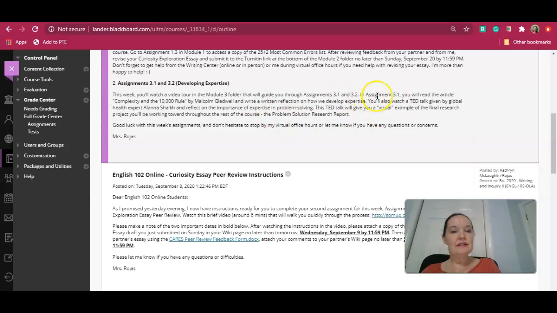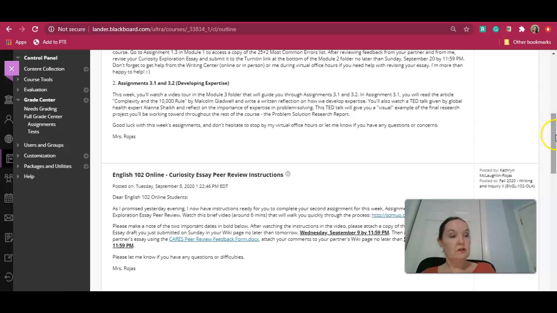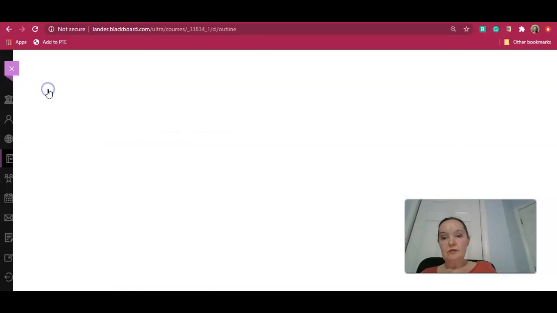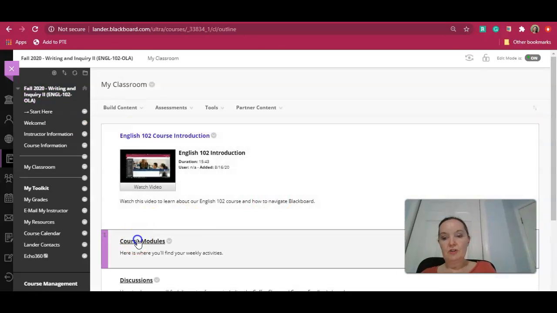Okay, so in assignment 3.1, you'll read the article Complexity in the 10,000 Hour Rule by Malcolm Gladwell and write a written reflection on how we develop expertise. So that's the first thing you're going to be working on. So over in Module 3,